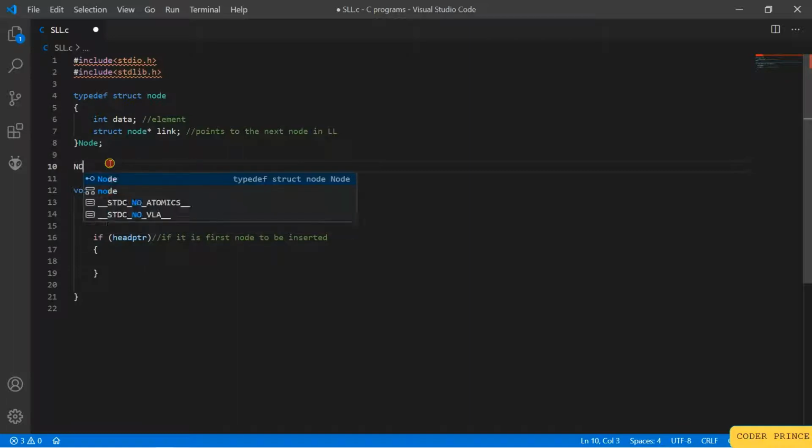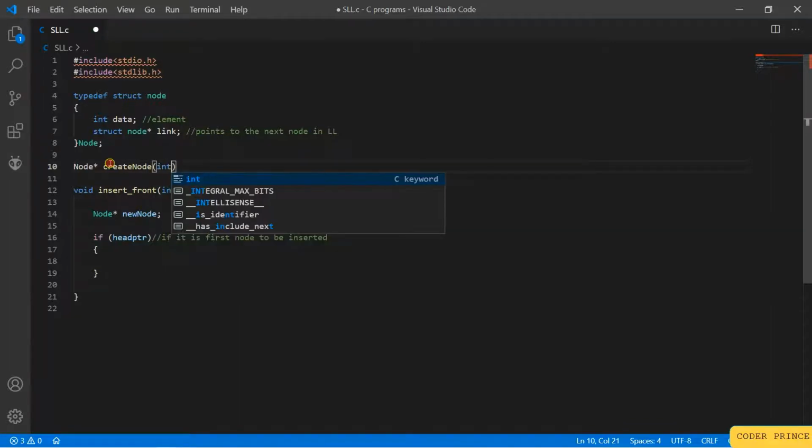So the return type will be node star, create node. This will take the element part or data part, you can call it.